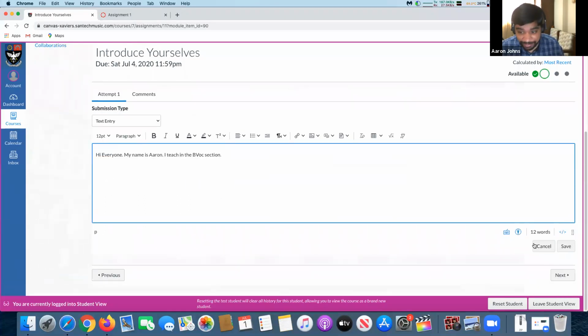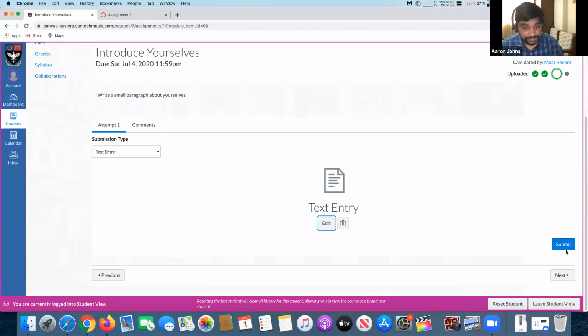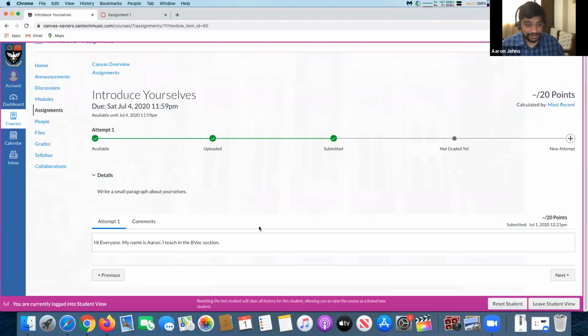And when you hit the save button, you can say this is your content and then submit it. So you can upload Word files, documents, Excel sheets, whatever you like. But it has to be graded right now, right? As you can see. Now I was acting like a student.